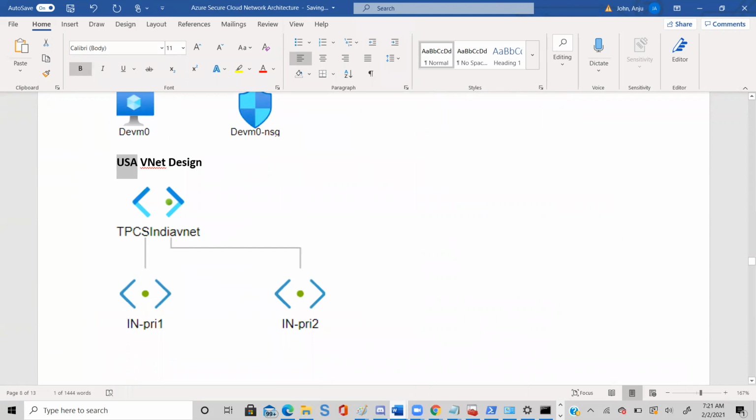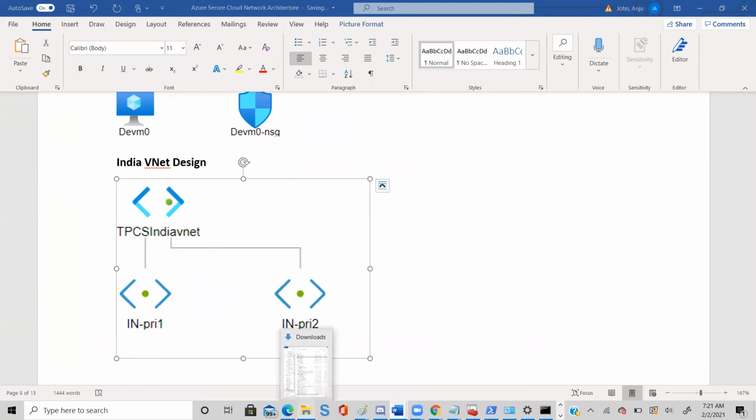This is India. And then we have a last one, which is a US one.